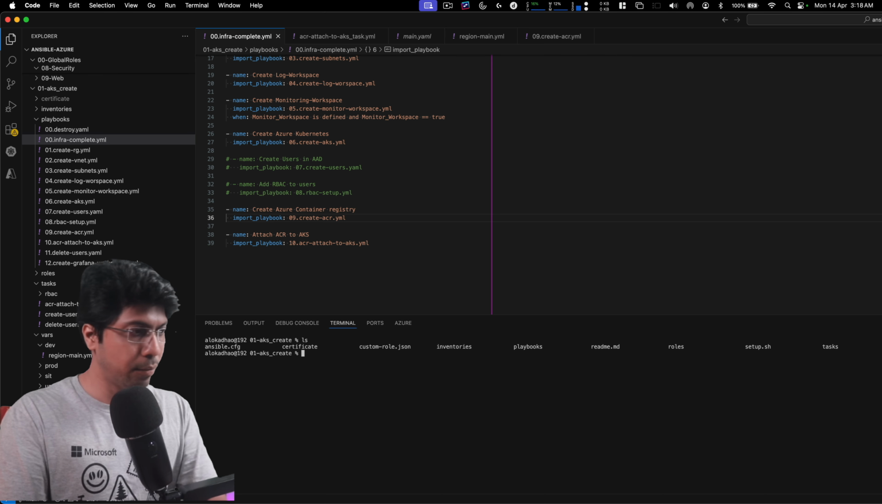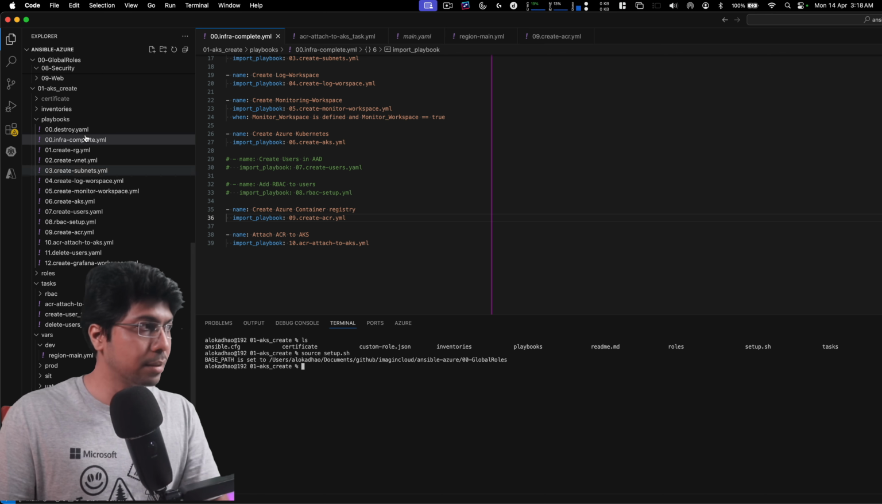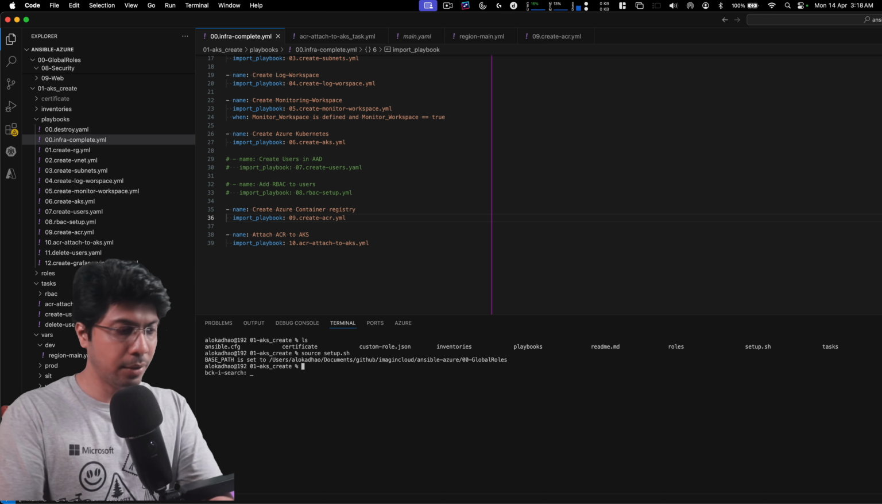For that, we need to do the source setup.sh. This will give the paths of the global roles to my Ansible project. This is a very important step. Without this, the project will not run. Okay, and after that, let's go